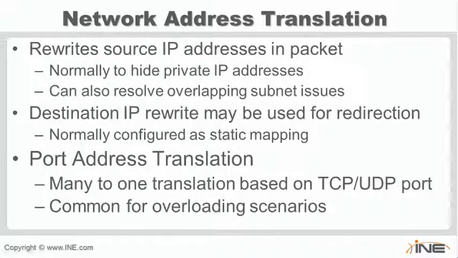This could also be used to change the destination addresses, either in that double NAT scenario for overlapping addresses, or when we are trying to allow access to our internal private services from the outside public network. Where, for example, we have our web server or mail server on a DMZ that's using internally private addressing, and we want to give them access to the outside network by mapping a public address to them. Typically, this is done with a static configuration, where we would say IP NAT inside source static or IP NAT source static,